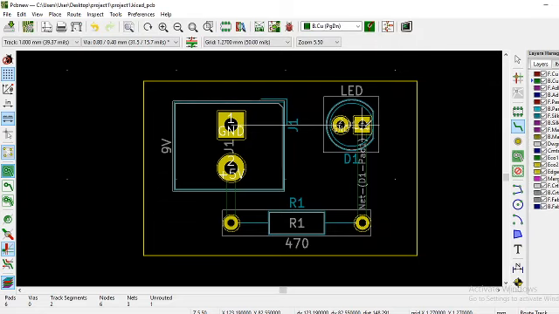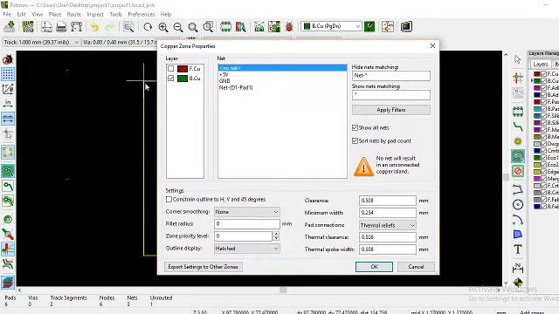Then to draw the ground track, I am using add filled zone feature in KiCad. So go to right toolbar and click on add filled zone feature. So in right toolbar we can see add filled zones. Click add fill zone option,